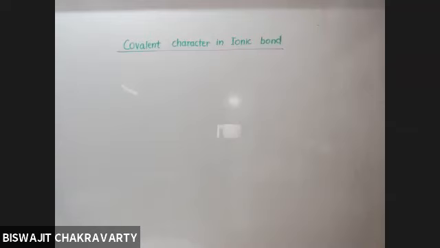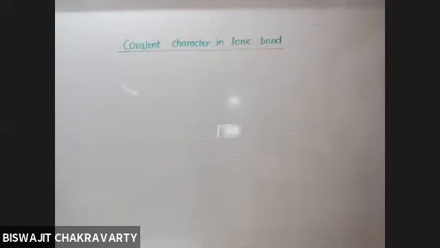If you carefully observe the sportswomen, you will see that they have some male character, but that does not turn them male. They have some male character. Similarly, there are some males who have some female character. So exactly in the similar way, we can say that a covalent molecule may have some ionic character, and ionic molecules or ionic bonds may have some covalent character.